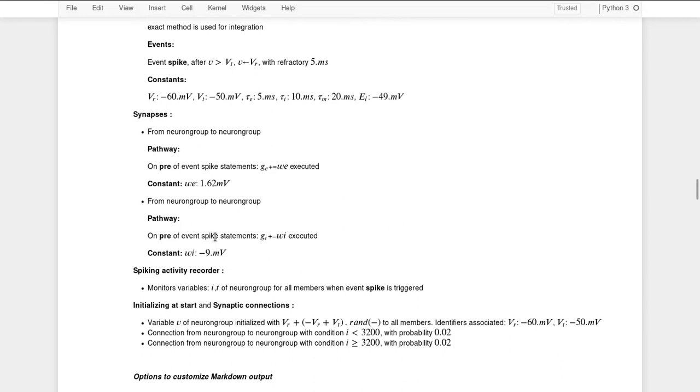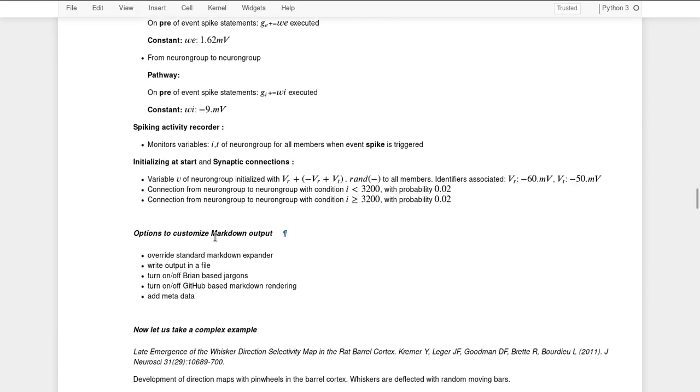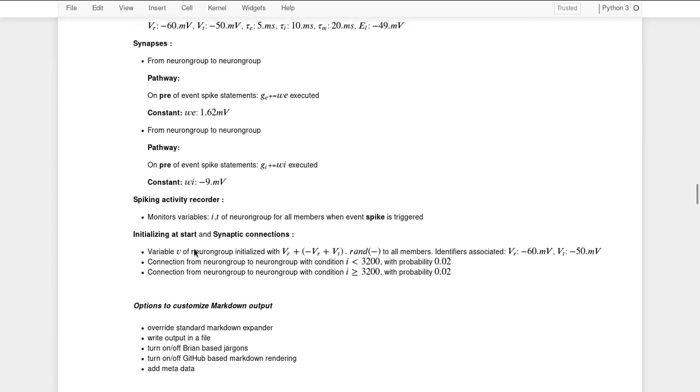The first doubt that comes to our mind with this Markdown export is whether we can customize it. One simple way to customize it is that all the expansion of Markdown strings is taken care of by the standard Markdown expand class.